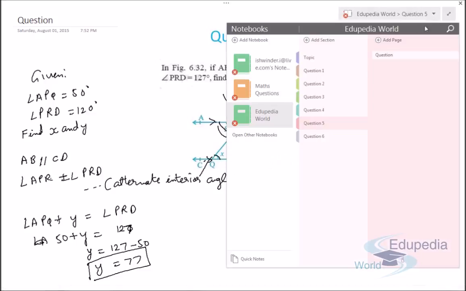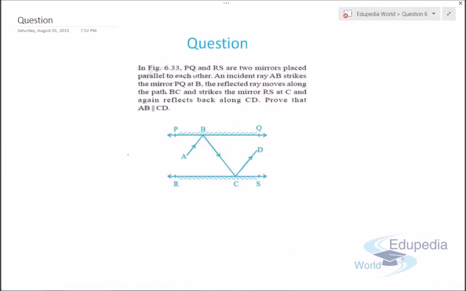So let's move on to the last question of the video, question number 6. This is a very interesting question. It actually includes the laws of physics which you have studied in your physics classes. It's given in the figure that PQ and RS are two mirrors. These two mirrors are placed parallel to each other, meaning these lines are parallel. An incident ray AB,